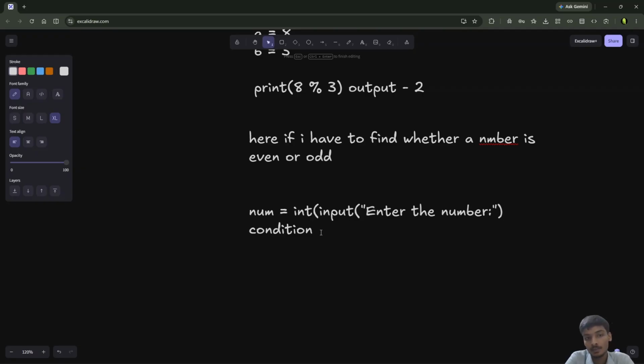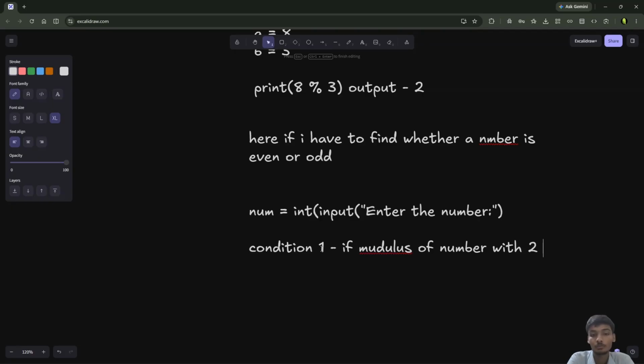Then we will apply two conditions. The condition one here would be: if the modulus of number with 2 results in 0,